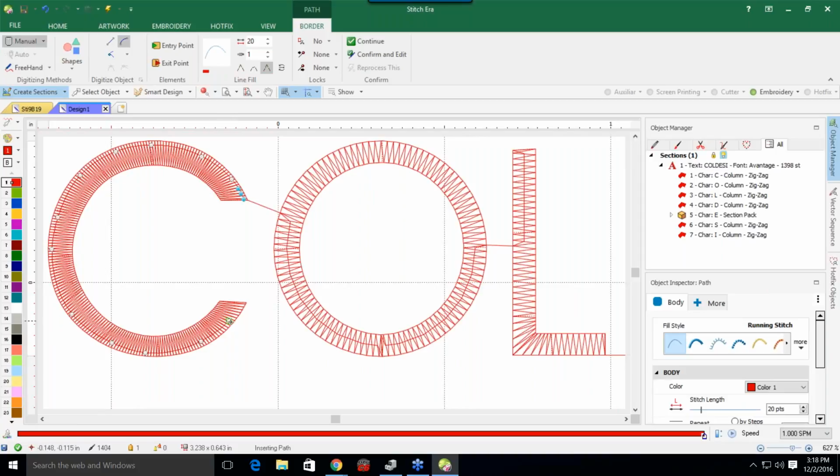Now this is the reason why I like to create my design first. My hand is not too steady, so I like to make it easier for myself. I don't want to try to create a C without having something to be guided by. I'm going to click on my corner here. Since I'm doing a curve with a corner, I'm going to click on there,